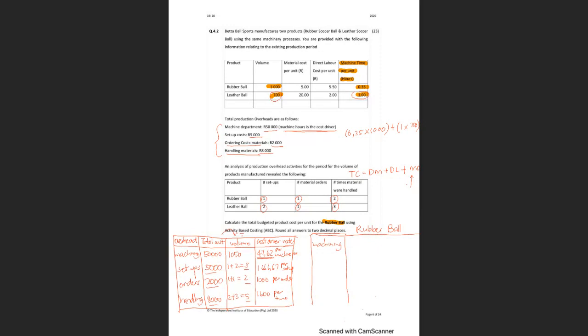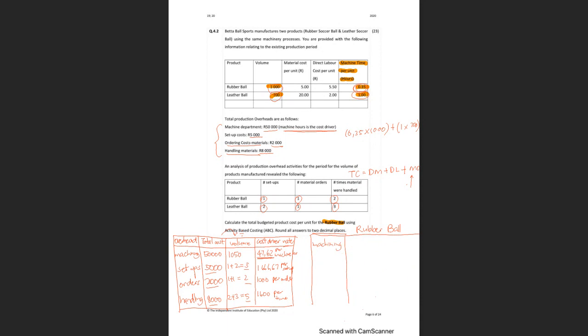Now we need to know how many machine hours this specific product needs. So here we said that this was the requirement per unit, and we are producing 1,000 units in total. So for all of the products that this company is going to produce, it's going to be 1,000 units times 0.35,